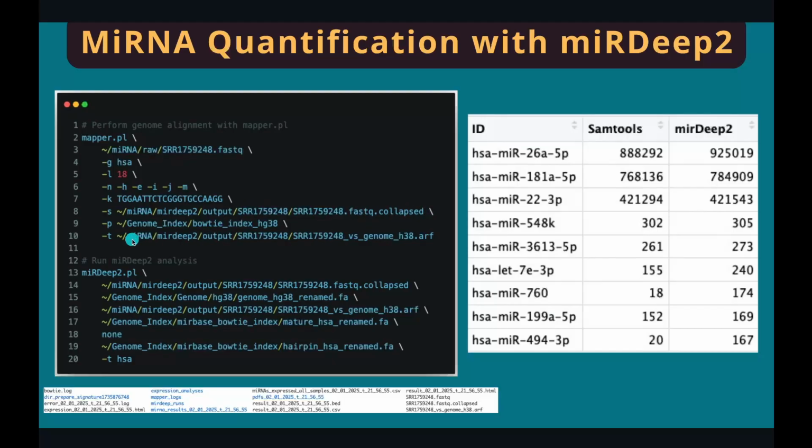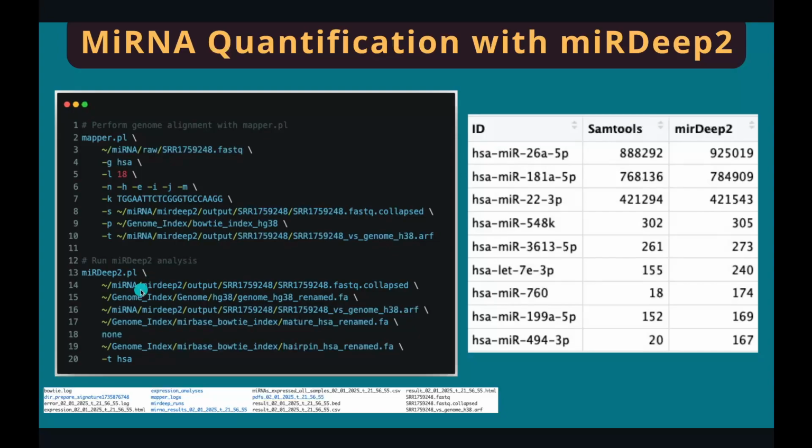For the next step, -p to specify the Bowtie human genome. -t is the alignment file. It's comparable to the BAM file, the ARF file. So we run the first mapper, and then we use the output from the first step to quantify the microRNA expression using